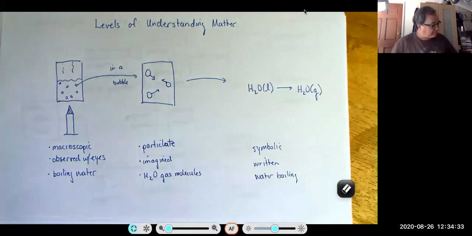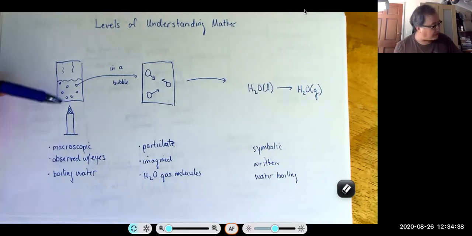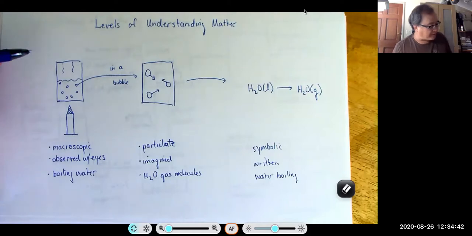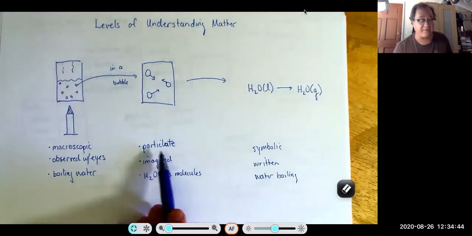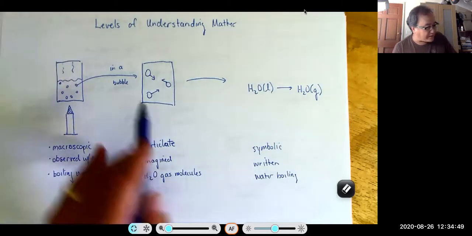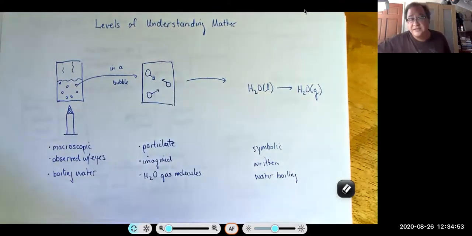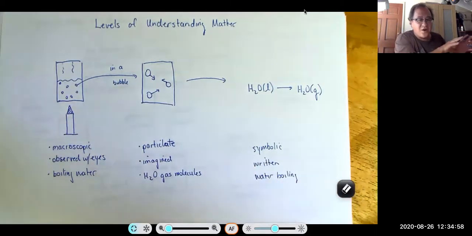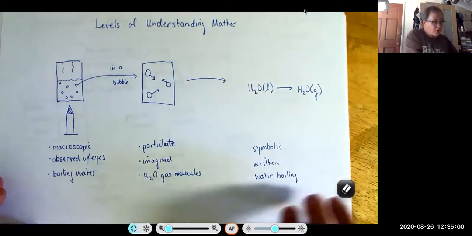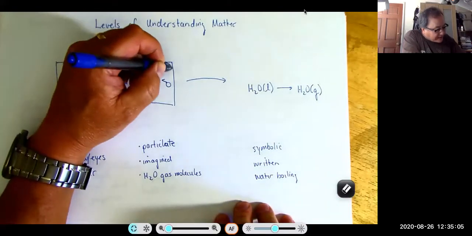So here, the macroscopic is what you see. And this is supposed to be my version of boiling water. All right. Now, we also have the particulate level or the particle level. And here, we're looking inside of one of these bubbles. So inside of one of these bubbles, you have these water molecules moving in a straight line until they hit something else. Now, here's something that's really, really fantastic. When you look at these water molecules, and let's say that this is the bubble right here,